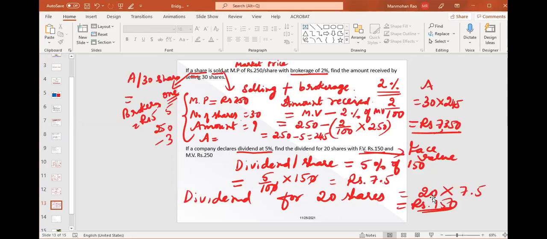7.5 multiplied by 20. If you're having 20 shares in a company, and the company declares a dividend at 5%, then you get a dividend of 150 rupees. So can I say this is a profit? There is no selling, so the profit is equal to rupees 150. So if you want, you can have a formula